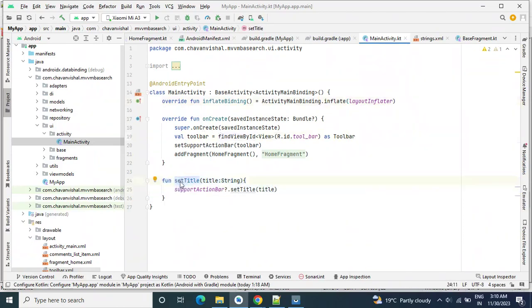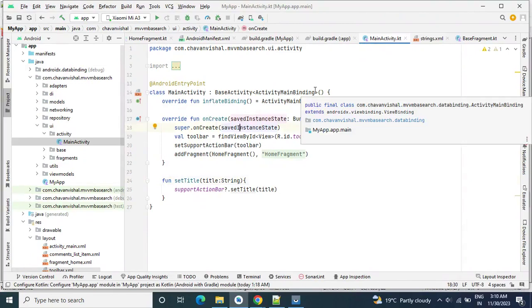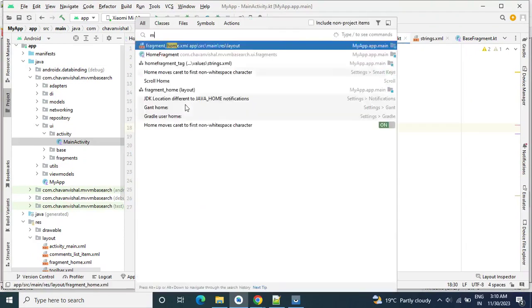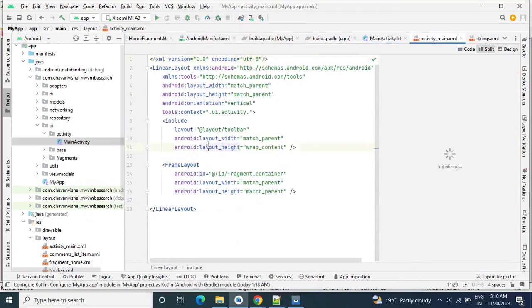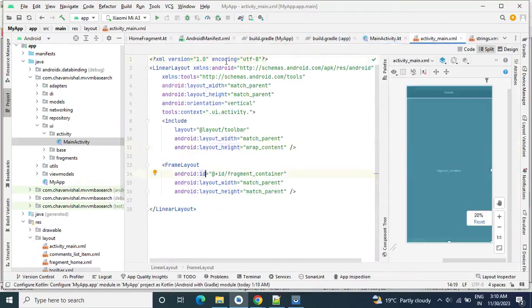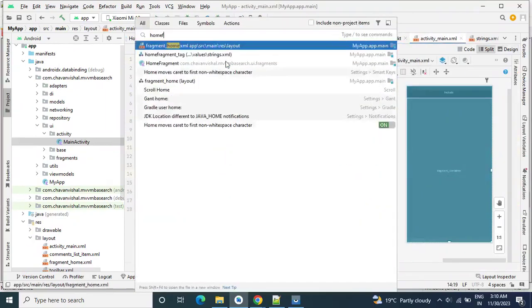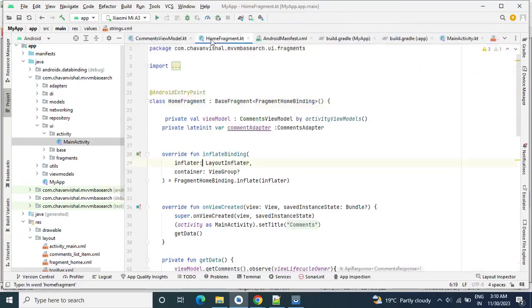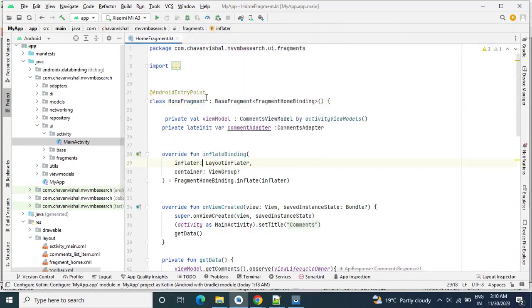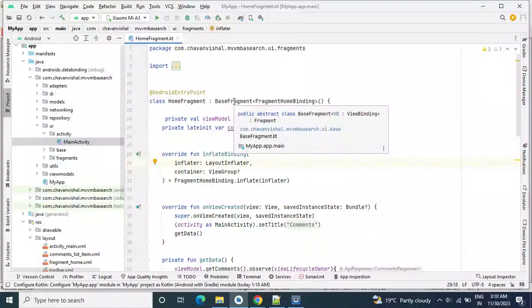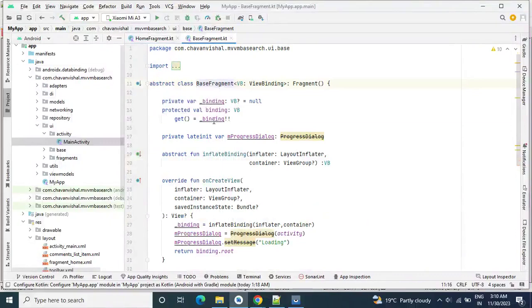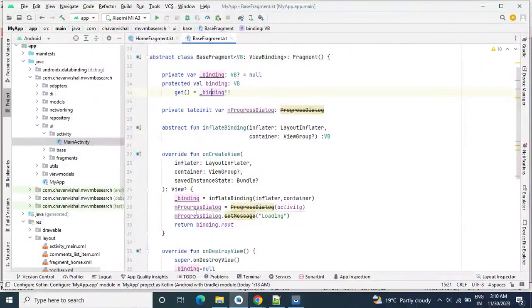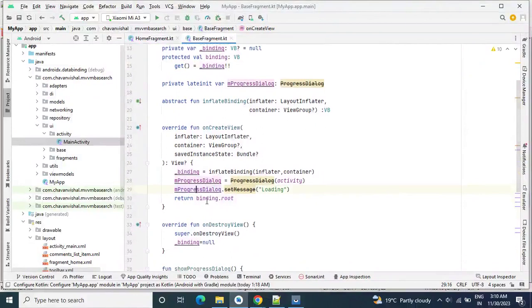In our main activity XML, we have created one linear layout, and in the linear layout we added a toolbar and a frame layout. Activity main, this is my toolbar and this is my frame layout. Now let's go to our home fragment. So this is our home fragment. In home fragment, first we are extending this fragment with our base fragment. In base fragment we are creating this view in onCreateView, and we have created some methods of show progress